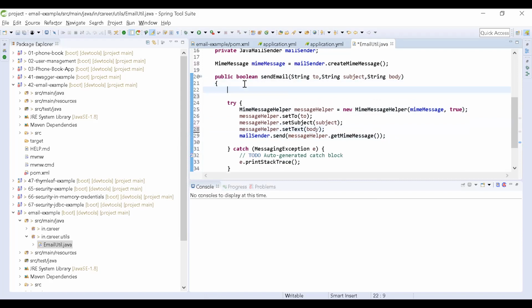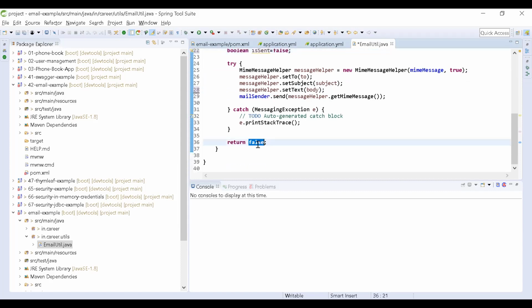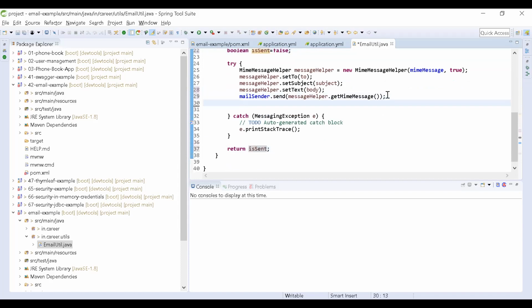If I am checking here, flag is a boolean, is sent equal to false. I am returning is sent.